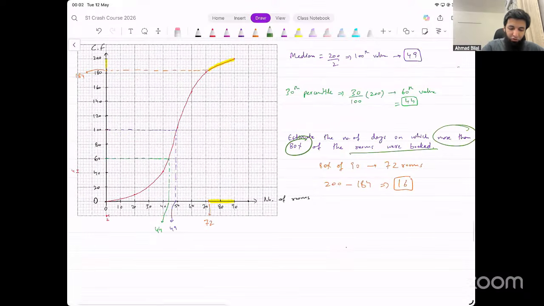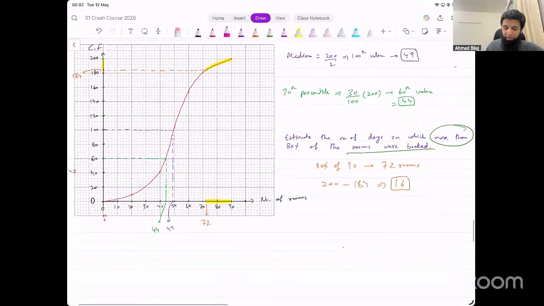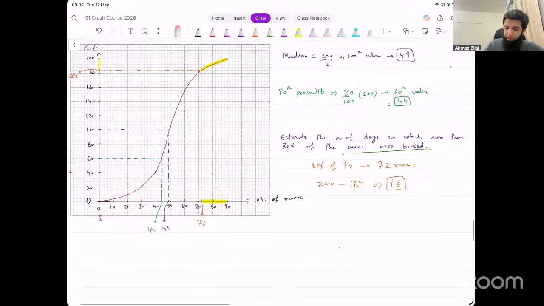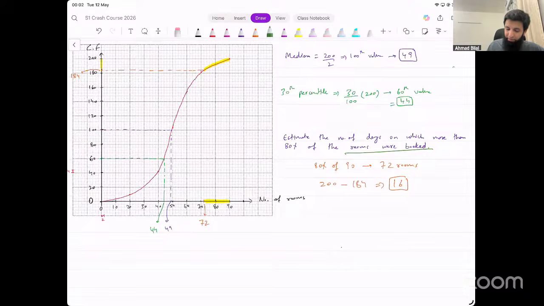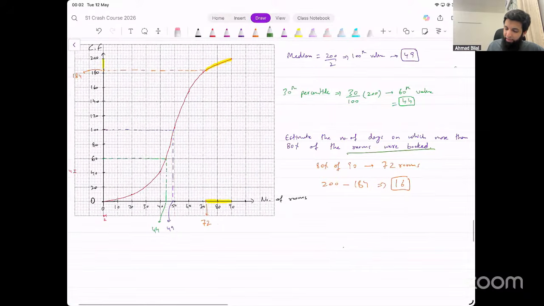हॉरिजॉन्टल एक्सिस पे रूम्स है, और वर्टिकल एक्सिस पे है नंबर ऑफ डेज जिन पे वो रूम्स बुक्ड थे। तो यहाँ पे वो कह रहे हैं नंबर ऑफ डेज आपने एस्टिमेट करने हैं जब 80% से ज्यादा रूम्स बुक्ड थे। अच्छा, टोटल नंबर ऑफ रूम्स यहां पे थे 90, 90 का 80% क्या होएगा, इट विल बी 72।